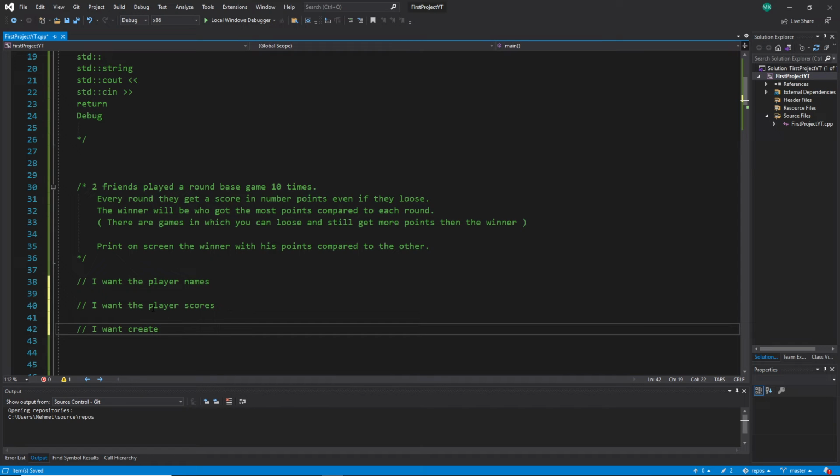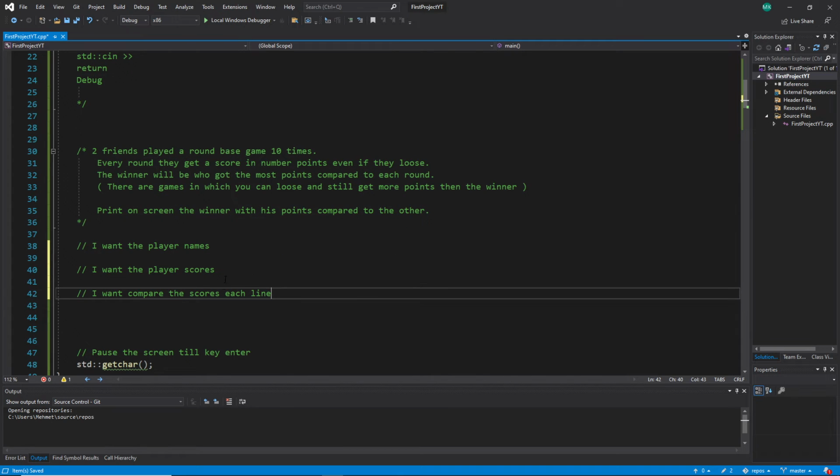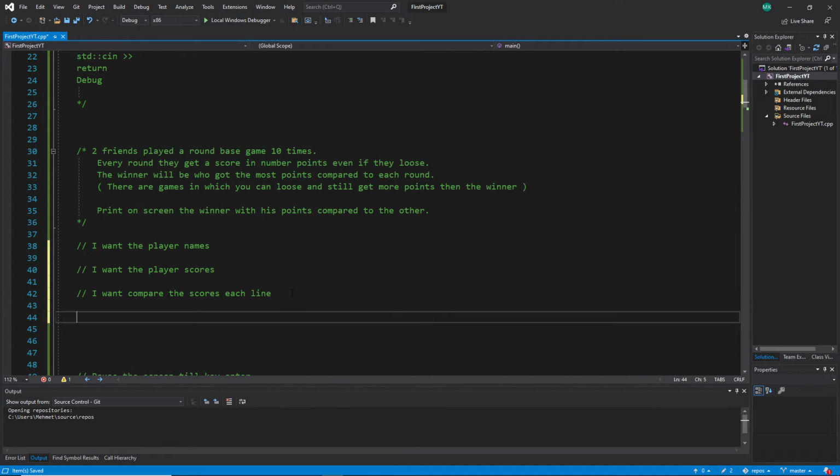When we get the scores, we already create this list here automatically. I want to compare the scores each line. Then we have this one, for example, so we compare them each line, and then you can say I want, what you want then, and then after you compare them each line, I want to calculate